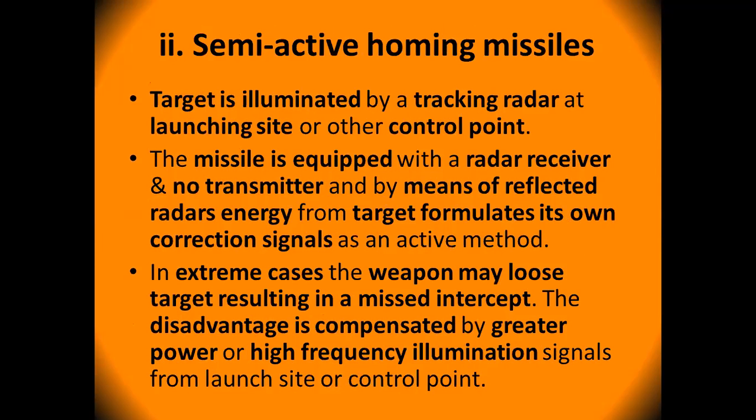Coming up to the semi-active homing missile. So everything is the same. Now, in a semi-active homing missile, instead of putting the sensor in the missile only, we put a sensor on the ground. So there's a special radar on the ground which is tracking the enemy. As soon as it sees the enemy, it transfers